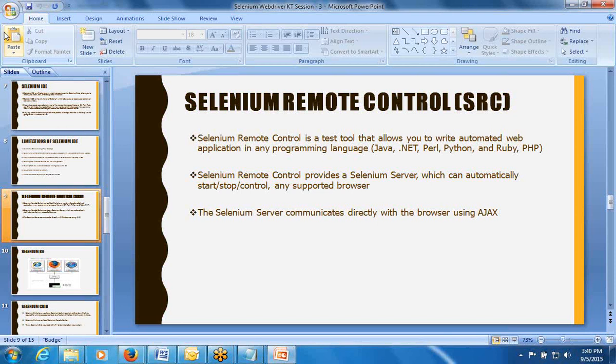And when it comes to Selenium RC, see the architecture of how it was. It is still with ThoughtWorks itself. There is not much advancement for this. You see, only these are the classes.